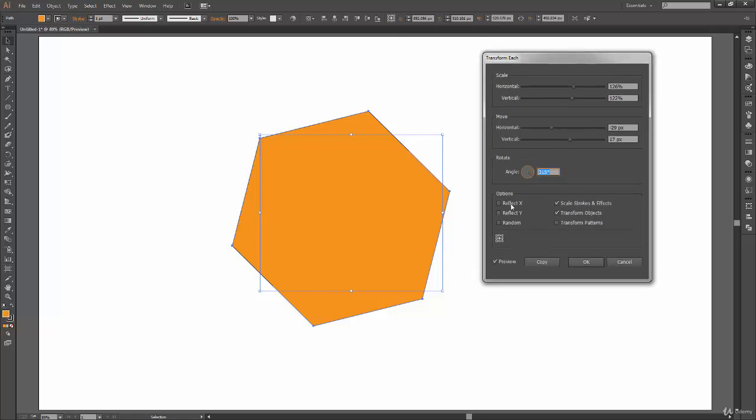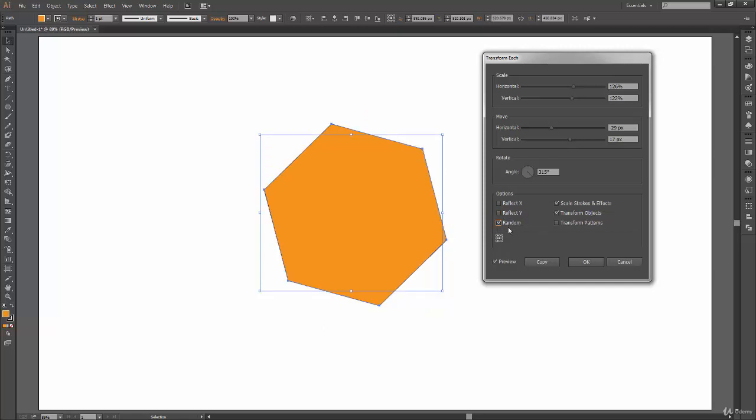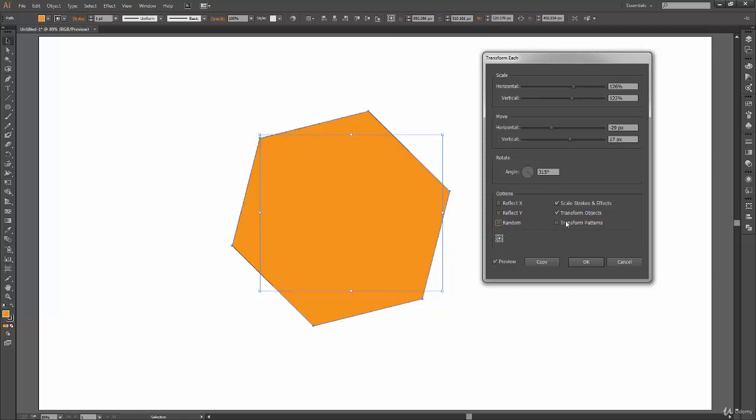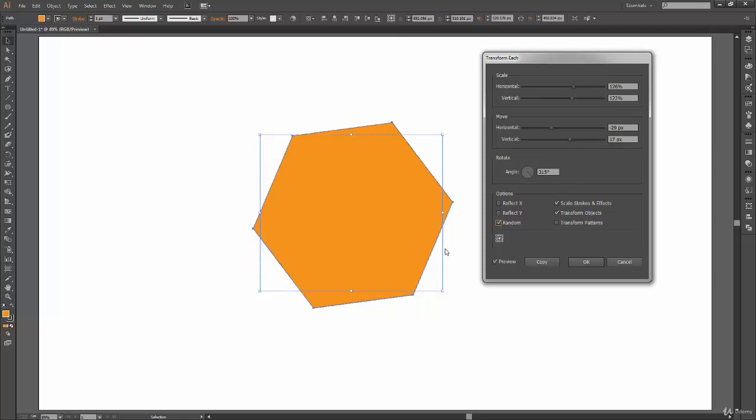Then you have options for reflecting it in the X direction or Y direction, and there's a button for random, which takes all these values and transforms the shape into random values. Every time you click on random, it will make random values of all this and apply them to your shape.